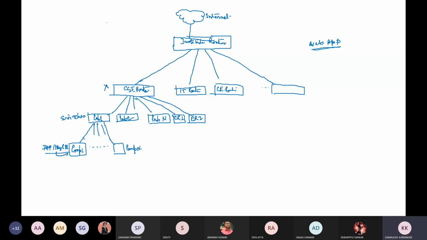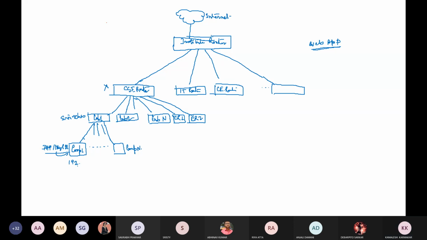In our institute, we have a specific network structure. What kind of IP address is being used in this college? 192 or 172 or 10 dot? You just tell me which range of IP addresses is being used.